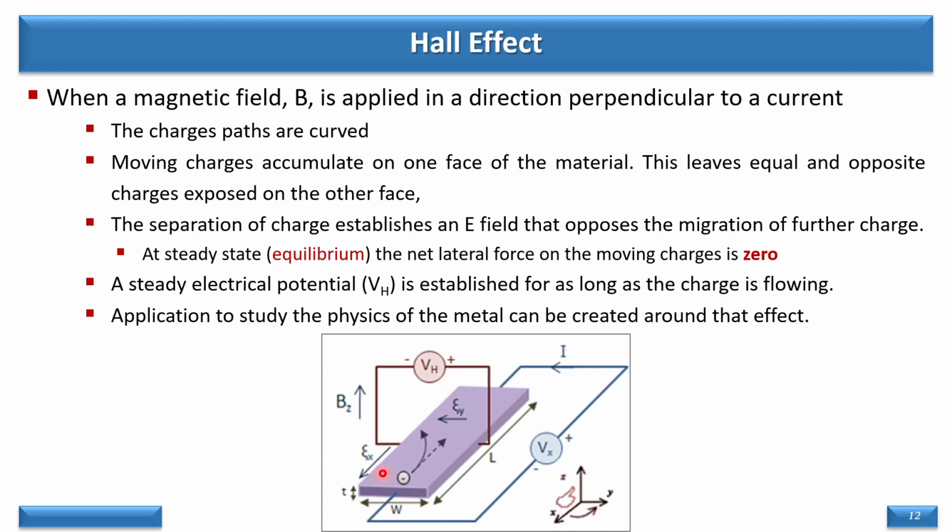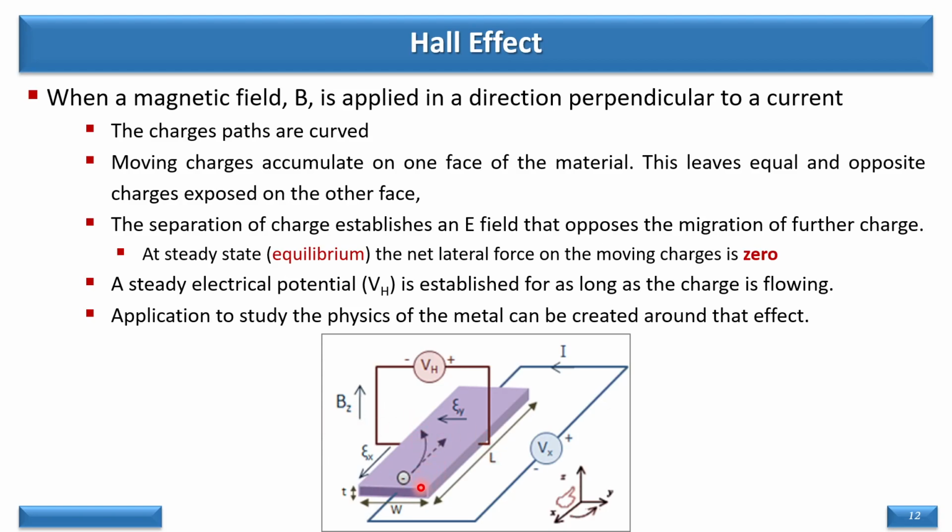Why? Because this is a negative charge. Like we have in the z direction velocity, in the up direction we have field, so the thumb of our right hand will point to the right, but because this is a negative charge, the force will be to the left,